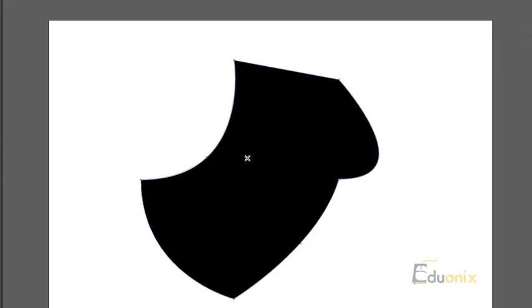So basically with the pencil tool, I just start anywhere on the shape on the outside, on the stroke part of it, and I just start drawing, and I end on the stroke or the outside of the shape again. When I let go of the mouse, it's going to convert that into what I just drew. So basically you're reshaping